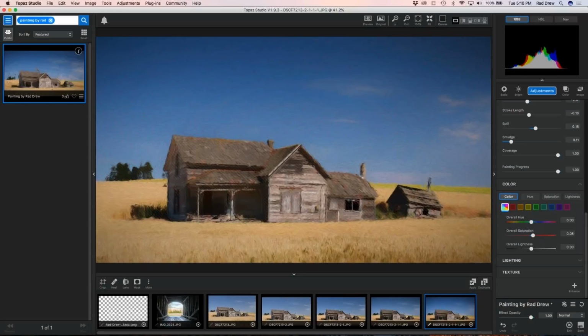So let's say there's a little bit of red here in the roof. Let's say I wanted to bring that out. I can go ahead and select that, and then I can come down here. I could change the hue of it, which I don't want to do, but I might increase the saturation, and I could also brighten it. So I don't know if you can see, but see the red right there just got a little bit brighter. I'm not sure I want to do that for this image, but it's remarkable to me that you can isolate